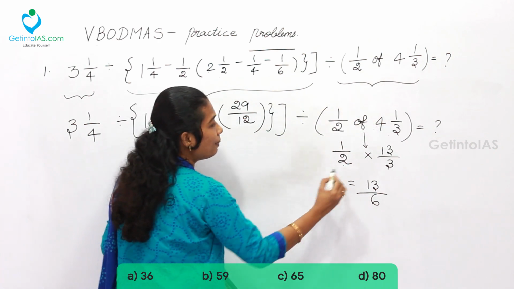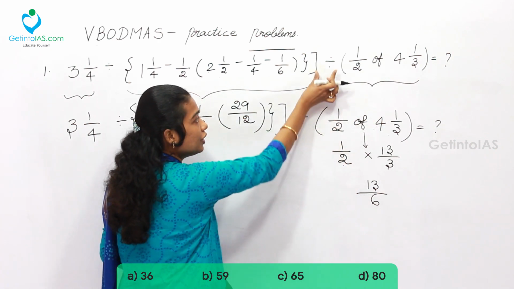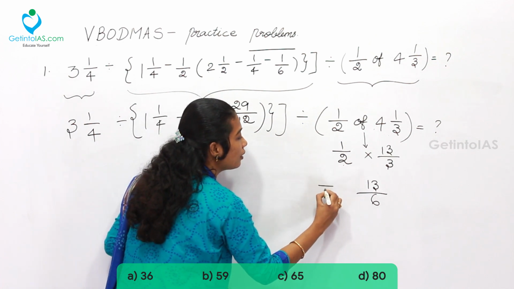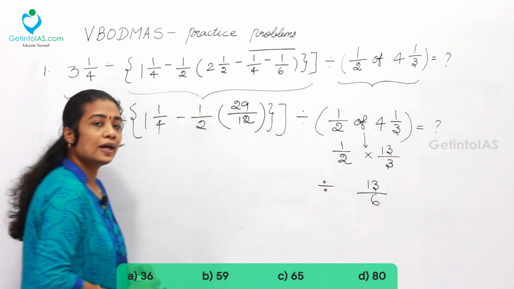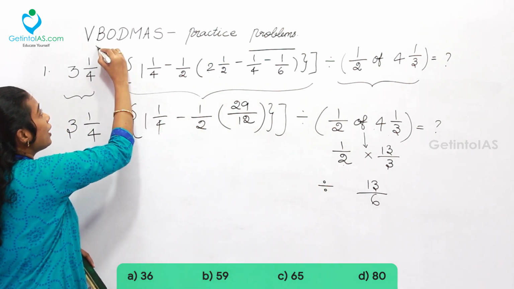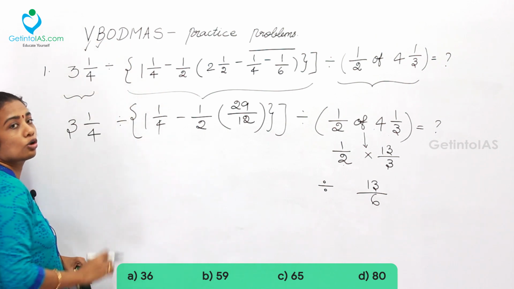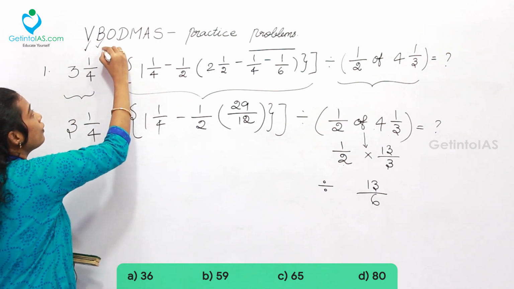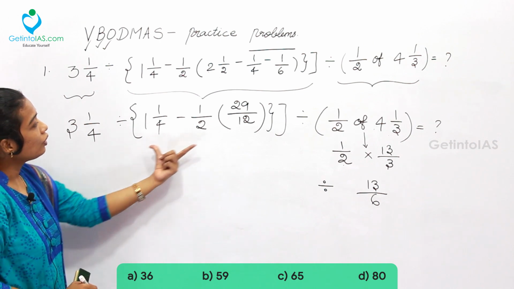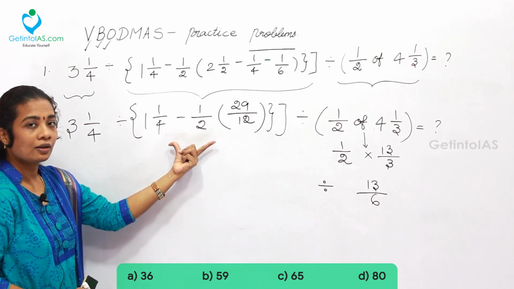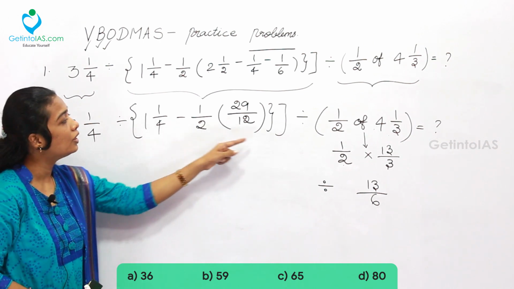Okay. One of the parts we have solved. So take the division over here. Now, what is the next step? So bracket we have solved, vinculum we have solved. So of also we have solved. Afterwards, we can go through over here, this bracket. One of the brackets is to be solved, that is curly braces.